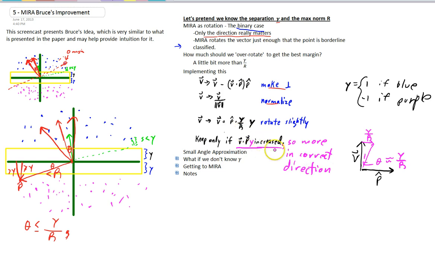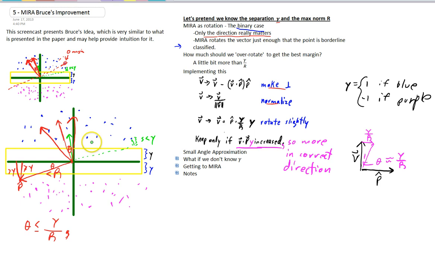So this is my alternative to only update if you make a mistake. Because say we pick this point and we have this green vector, well then our margin isn't big enough, so we're still going to want to rotate it a bit, right? But if we picked this point, then by making it perpendicular, first of all we would rotate it the other way, and then we'd rotate it back, and then maybe our vector,